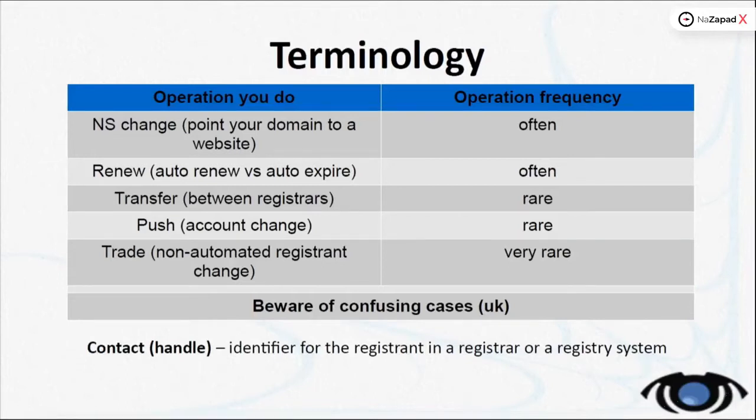And there's a very important word you need to remember if you manage domains, mostly ccTLDs, which is a contact or a handle, which is just a string of letters and numbers, which is used as an identifier in the systems of the registrar and the registry. So domains with the same registrant data are said to be tied to a handle. So this will make life easier for you if you get this concept.